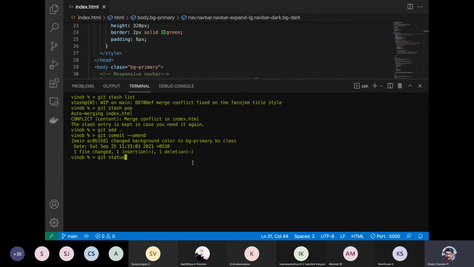So now we need to look into the popping of our entry, right? So we'll come back to that, guys. But now our status is clean, right? We just have one entry here in the stash, which is the 0th entry. We don't want that, right? So let us just see that entry is available. So git stash list, we have this particular entry. All right, so let us have this entry for now, and then we'll come back to this and look into ways for removing this entry also.